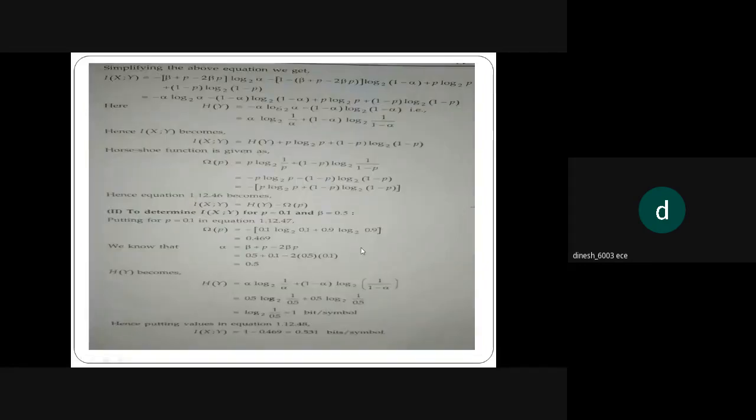So x2 as your input, and y1, y2 as output. We get p into 1 minus beta is equal to p minus beta p, and 1 minus p into 1 minus beta, which is 1 minus p minus beta plus beta p. So this is the joint probability of x and y we had found. The last remaining is